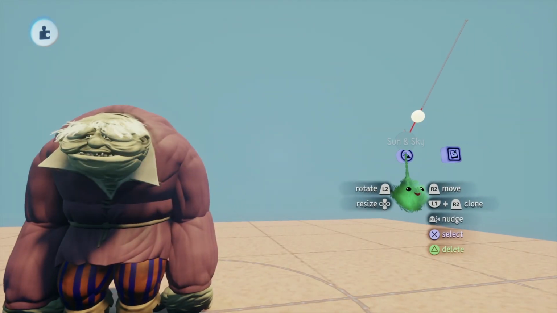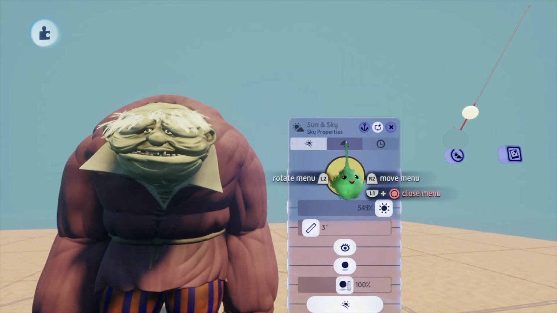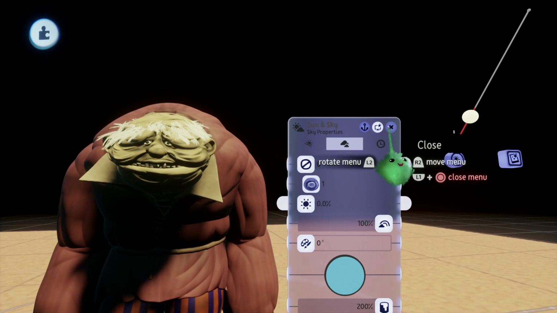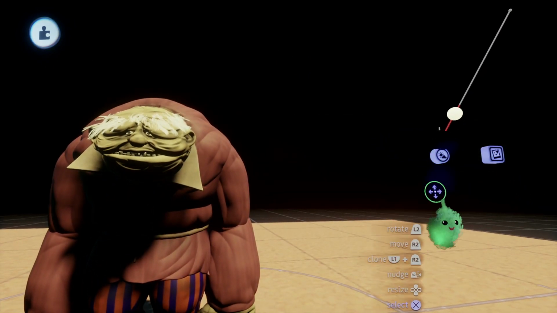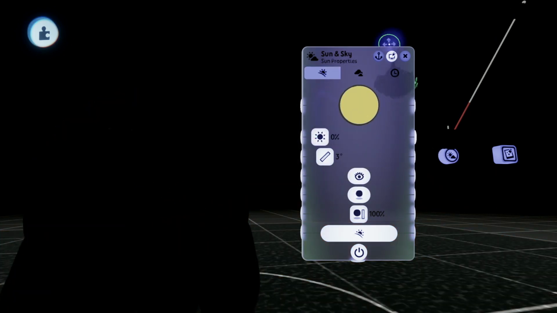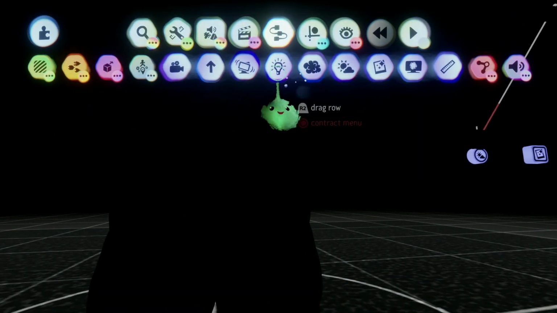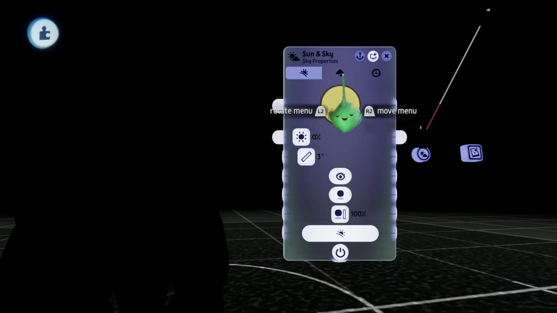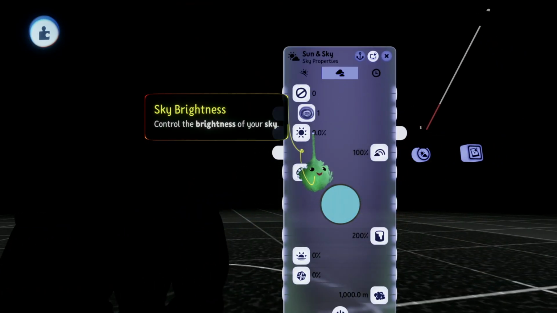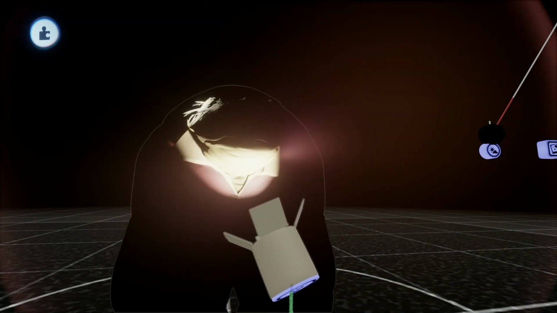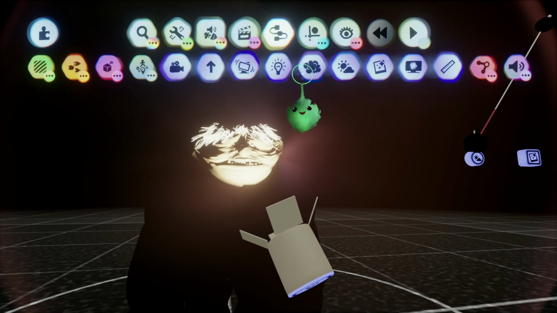I'm going to try for some more dramatic, spooky lighting to start with. We're going to make it really dark. This is spooky stuff, because I know a lot more about that in general. Just turn down the sunlight and turn down the sky brightness. There are other ways of doing this, but this is just one of the best ones. Quickest. And take out a simple spotlight,